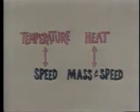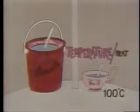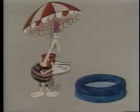The big difference between temperature and heat is that temperature depends on speed only, whereas heat depends on both mass and speed. The water in the cup has got a high temperature, but very little heat. And the water in the bucket has got a much lower temperature, but a great deal of heat. Now you know why buckets of 50-degree water are better at heating up swimming pools than cups of boiling water. On the other hand, if you're looking for somewhere to dunk your tea bag...